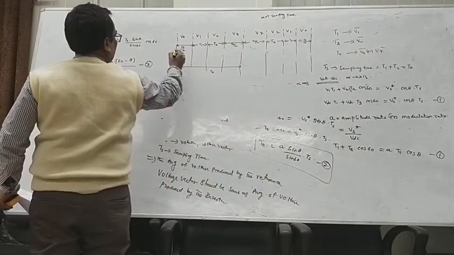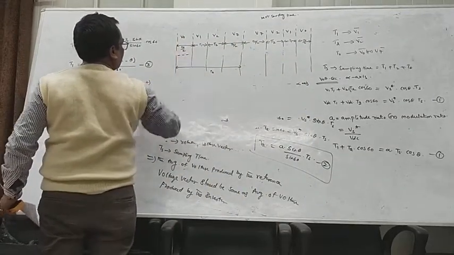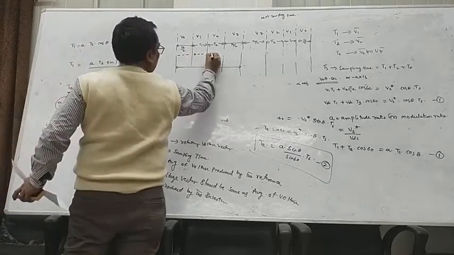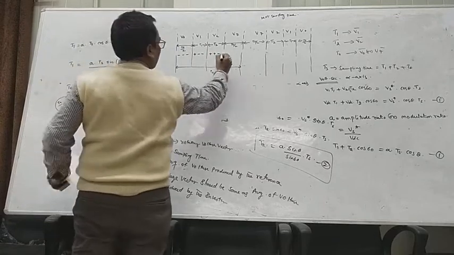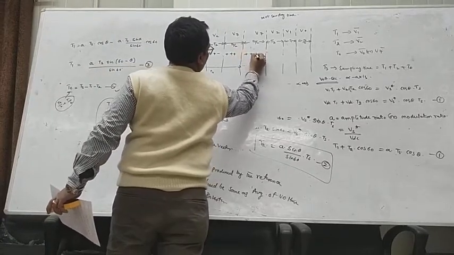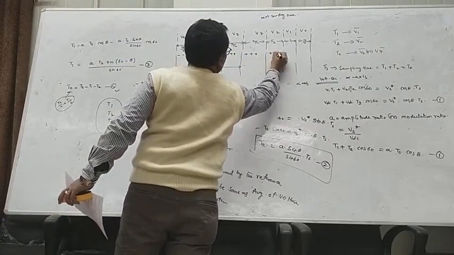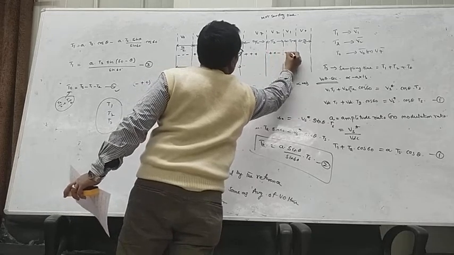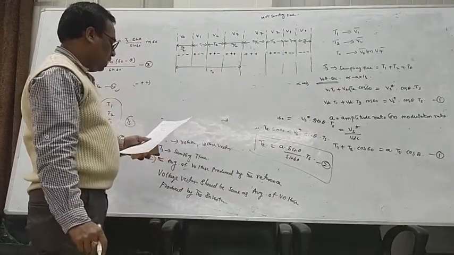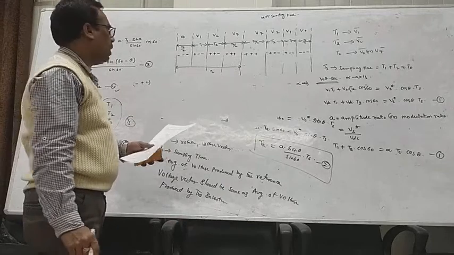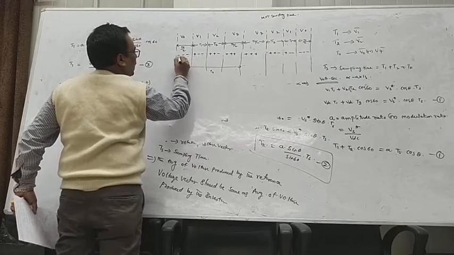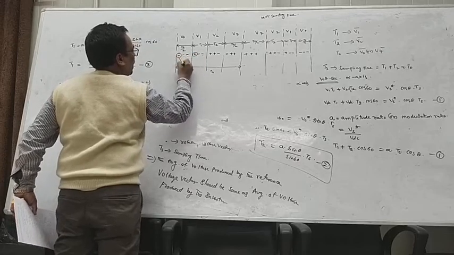V0 means minus, minus, minus. V1 means plus, minus, minus. V2 means plus, plus, minus. V7 means plus, plus, plus. Again, for the next sampling time, plus, plus, plus; V2 plus, plus, minus; V1 plus, minus, minus; V0 minus, minus, minus. You see here, only one switching is affected, or one leg. From minus, minus, minus to plus, minus, minus, only